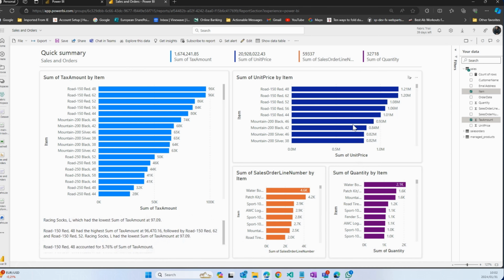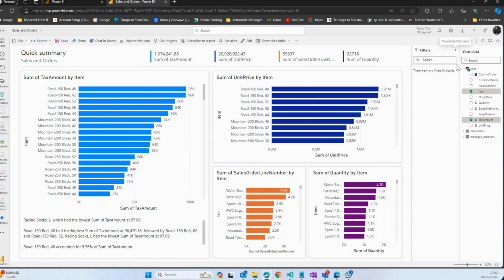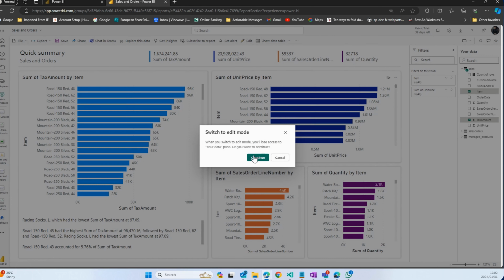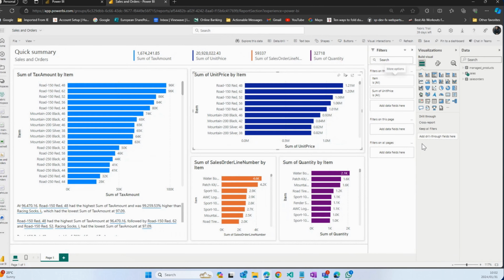Now, if you want to adjust these, obviously you can go through and filter with any of the relevant criteria. You've got all of the normal Power BI functionality here, where you can export the data, send it off to a dashboard, you can alert on the data, and if you wanted to, you can obviously go and edit this report using just the normal Power BI tools. So you can see the visualizations, you see all of the data, you can build in your own filters and the like, providing all of that rich functionality that you'd normally have in Power BI.